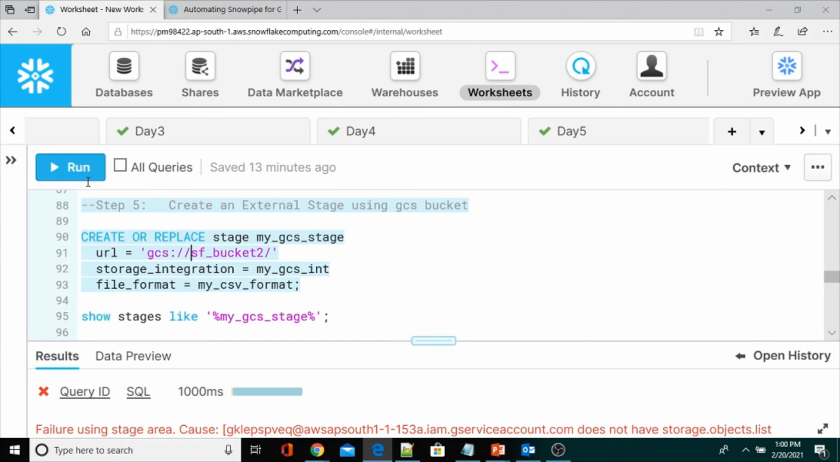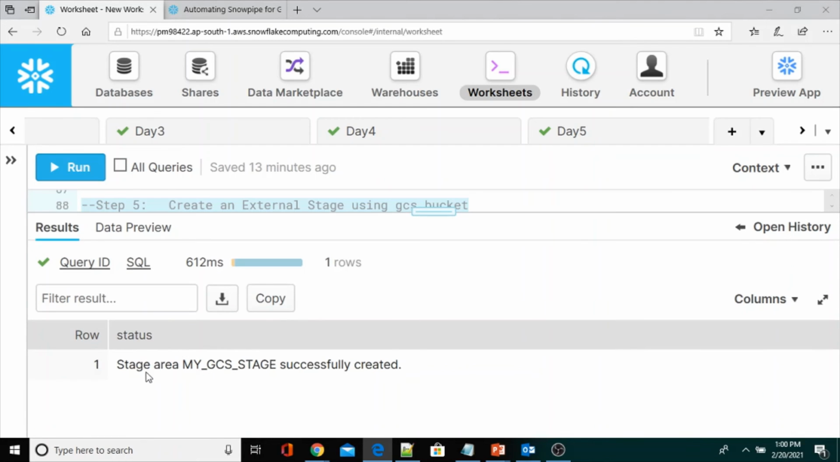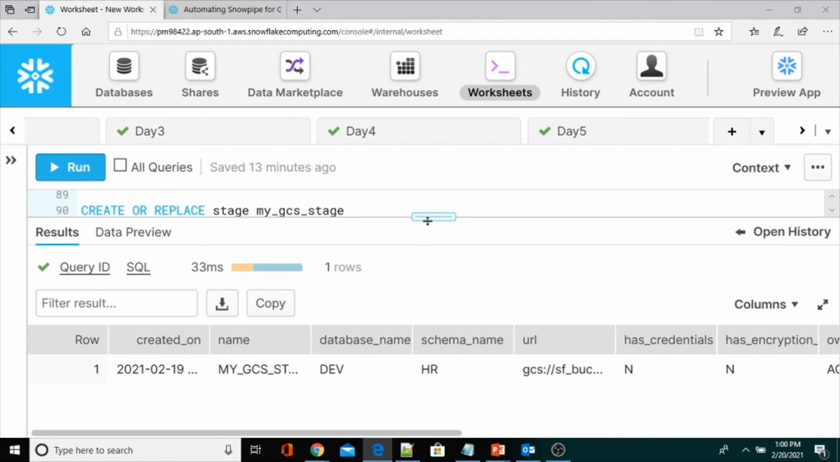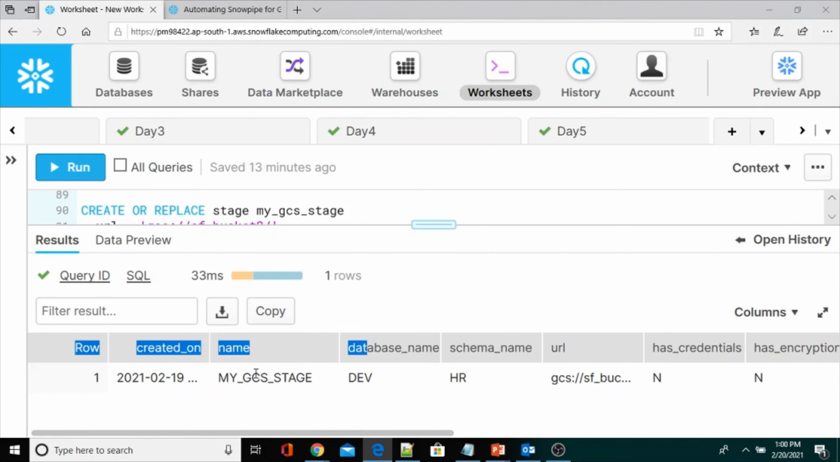So let me create it, okay, run button. After selecting that one, see, my stage my_GCS_stage is successfully created. Okay, after creating, if you want to see whether your stage has been created or not, use show stages like your stage name. Here it is not case sensitive, so you can take any case. So this is the stage name